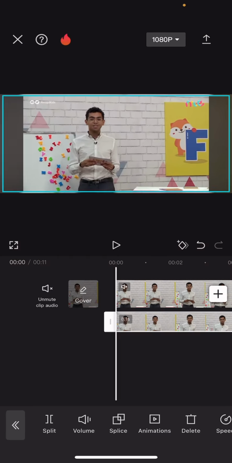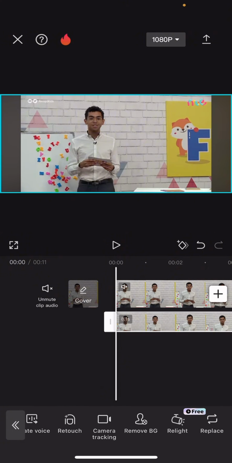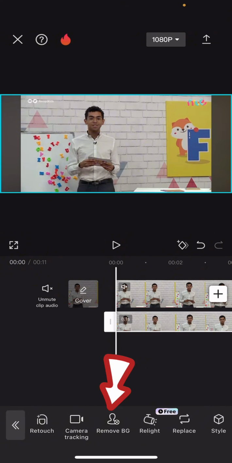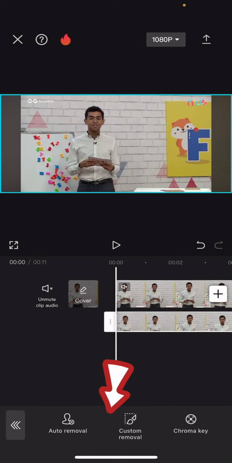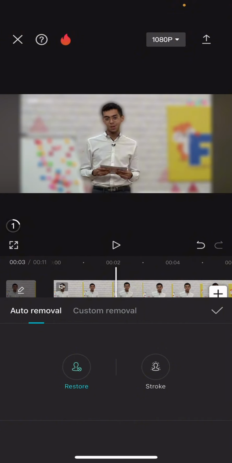Adjust the video to have the same measurements, and then in the options, just look for Remove Background. So Remove BG, there it is. Click on it, and then click on Auto Removal. And now if you play the video, the background is